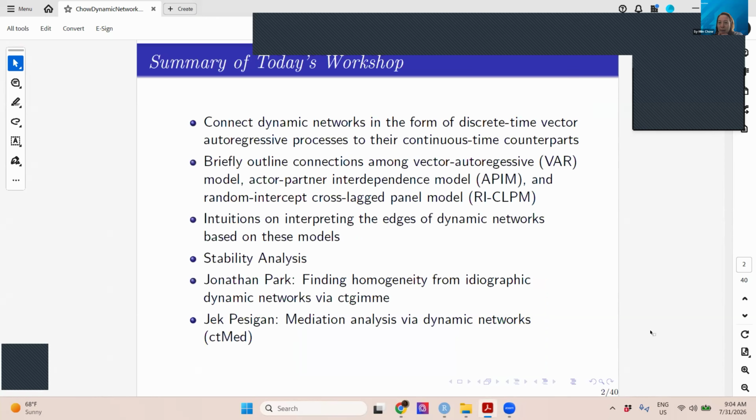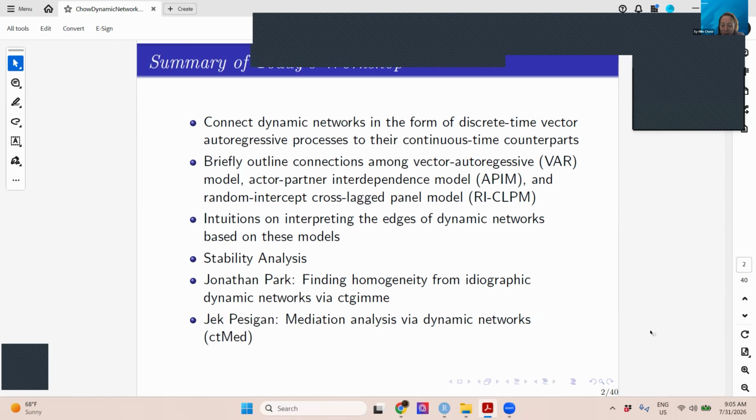So here are my plans for today. What I will focus on is giving you some intuitions on why it may be interesting to use dynamic network analysis, and trying to make some brief connections of dynamic networks to a lot of models that are related, identical, equivalent, closely related, but they go by very different names. I will highlight the importance of doing stability analysis and touching on why that helps us understand the nature